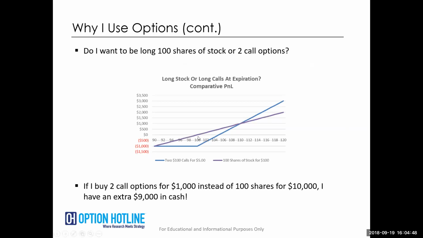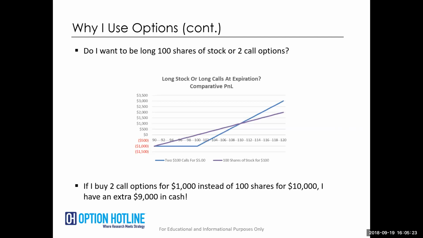At some point, stock is better. If this stock has no trend and it's just chopping around somewhere between 90 and 110, stock is better. If this stock is trending for the month and continues higher and higher and higher, the calls are better. So what I'm looking for is these stocks that are trending so that I'm more likely to land somewhere up here than somewhere down here. We're not going to stay where we're at. That's the argument, and we're probably going to go higher, and I can get leverage out of this. Plus,